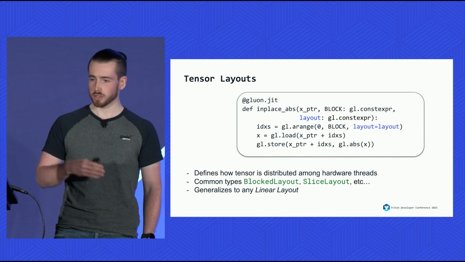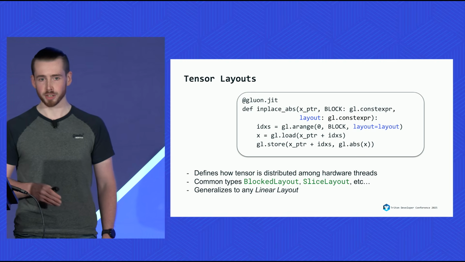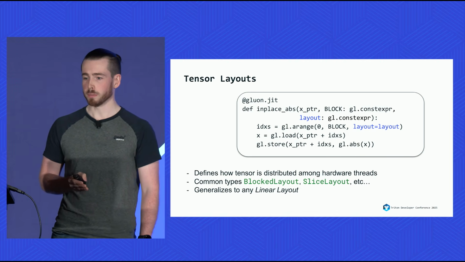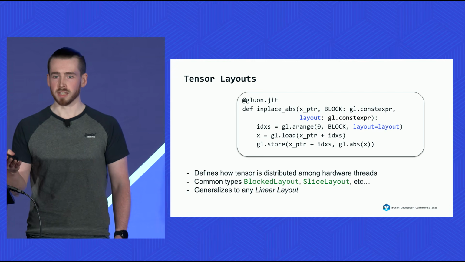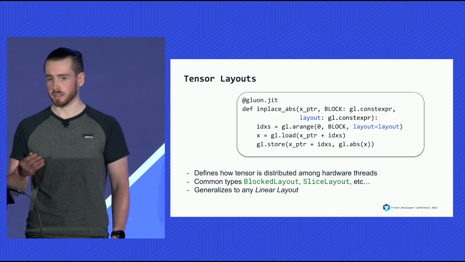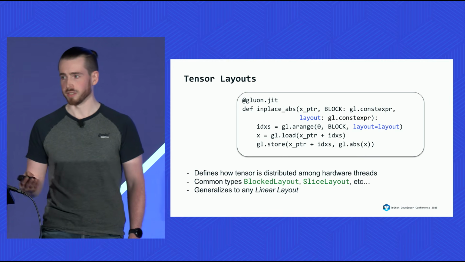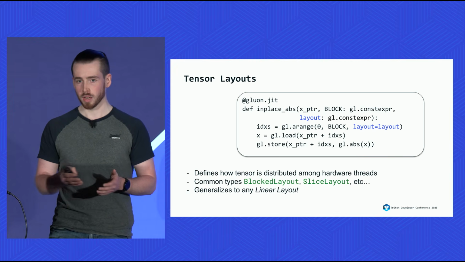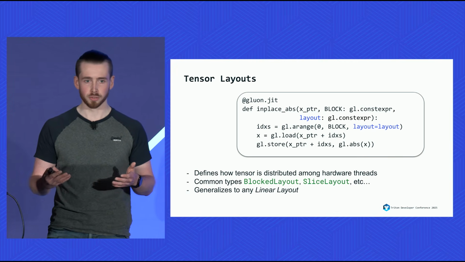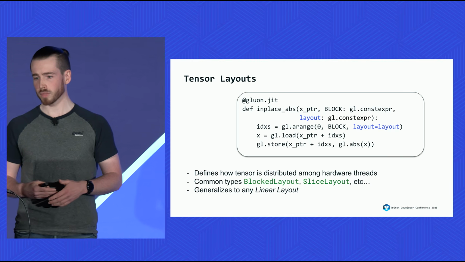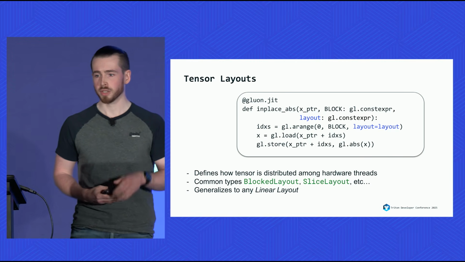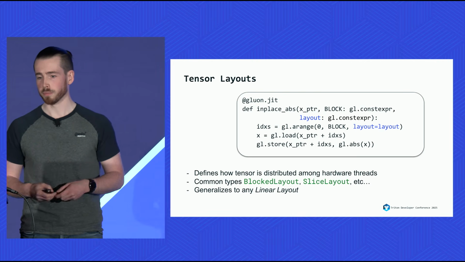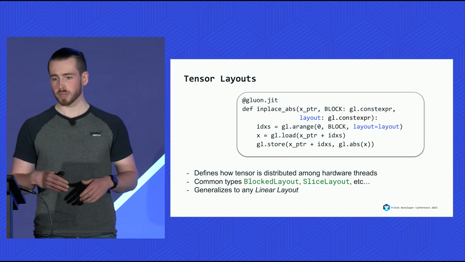And so I've kind of copped out a little bit by making it an argument to the kernel here, but there are lots of different layouts you can choose from. Some of the most common types are block layout, which is basically the ideal layout for doing a coalesced data load, and there are different variants where you can decide how to trade off between more vectorization versus maybe having the data loaded in a better format for whatever operation you're going to do. And there are also things like slice layout, which, if you're doing a multi-dimensional tensor, basically just removes a dimension from the layout. And this generalizes,